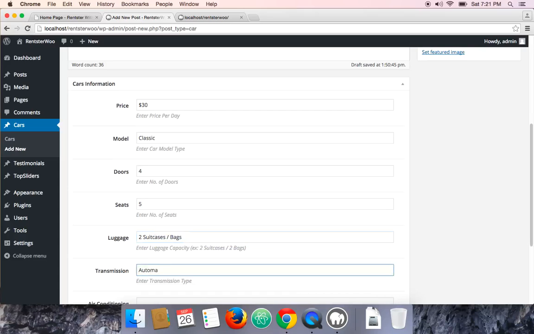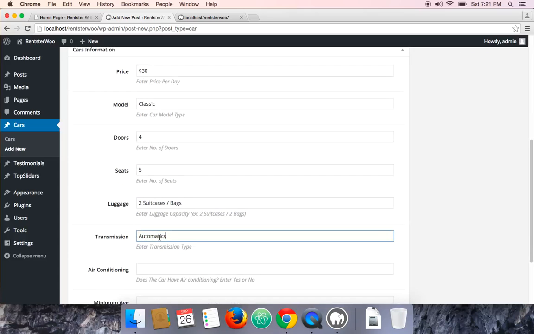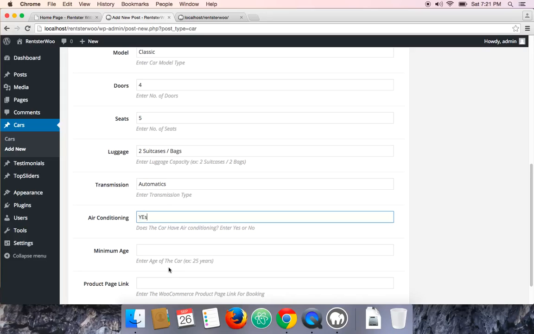You can obviously change all these details according to your own requirement. Air conditioning is yes, and then minimum age, let's say 3 years.